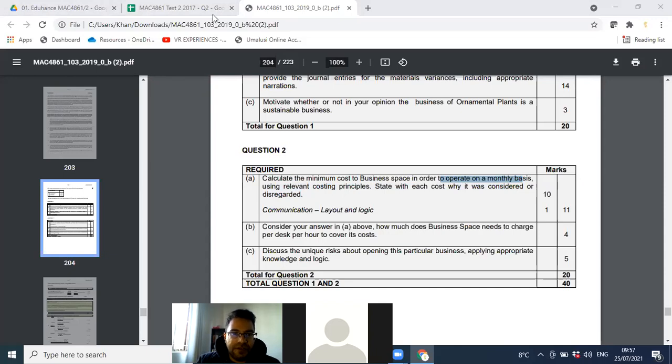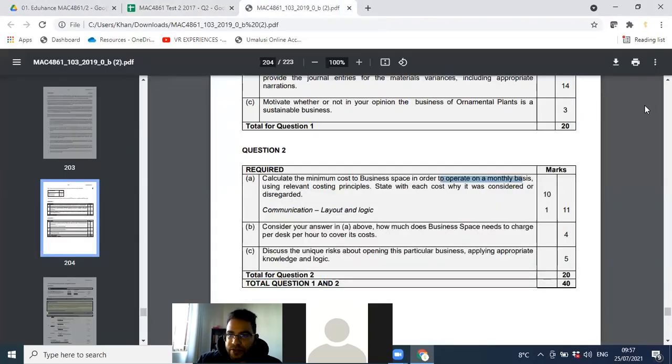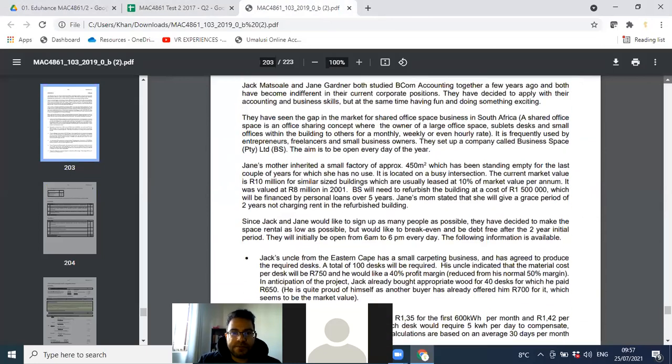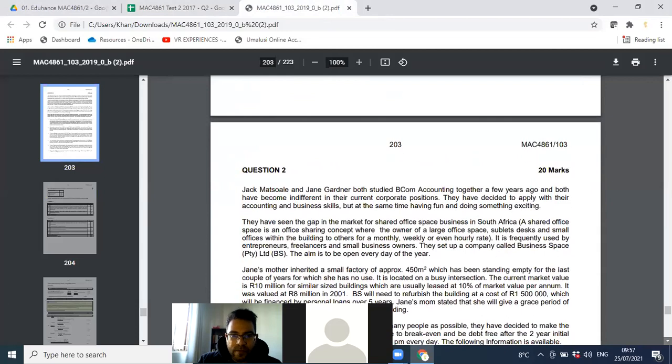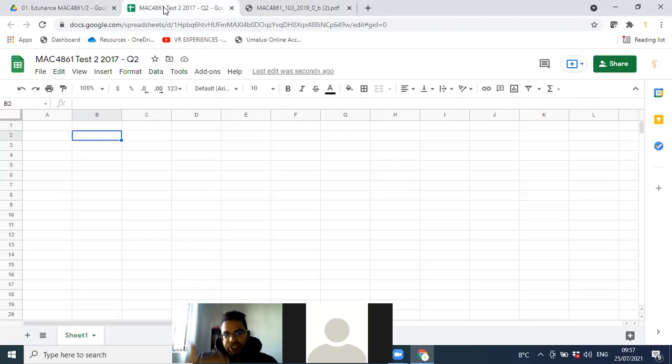Okay, so let's have a look. Sorry, I just want to get to the top over here. So now you read through the scenario again. As you go through the scenario, you will put in the details. So here I'm going to have details, and you're going to have some workings over here. Generally you can have your workings. So what I'm going to do, I'm going to put here,